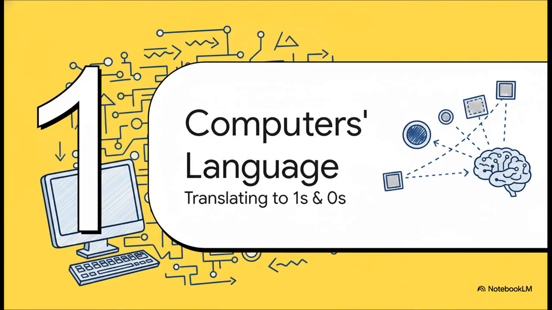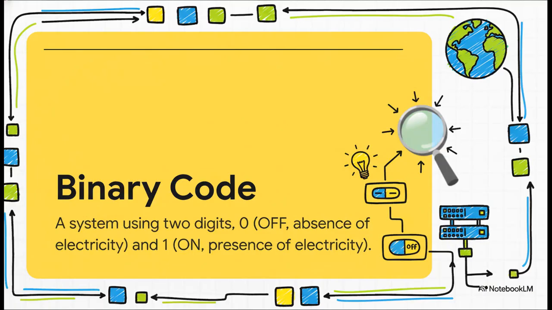So the very first step happens right there, inside your device. Before your data can go anywhere, it has to be translated into a language that computers can actually understand. And that language is binary code. It's actually as simple as a light switch. There are only two states: off, which a computer sees as a 0, and on, which it sees as a 1. That's it. Every single thing you do, every character you type, gets broken down into millions of these tiny